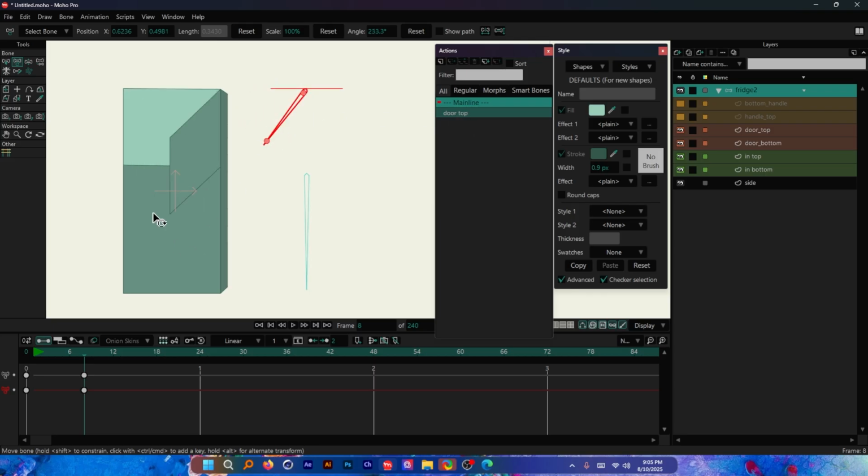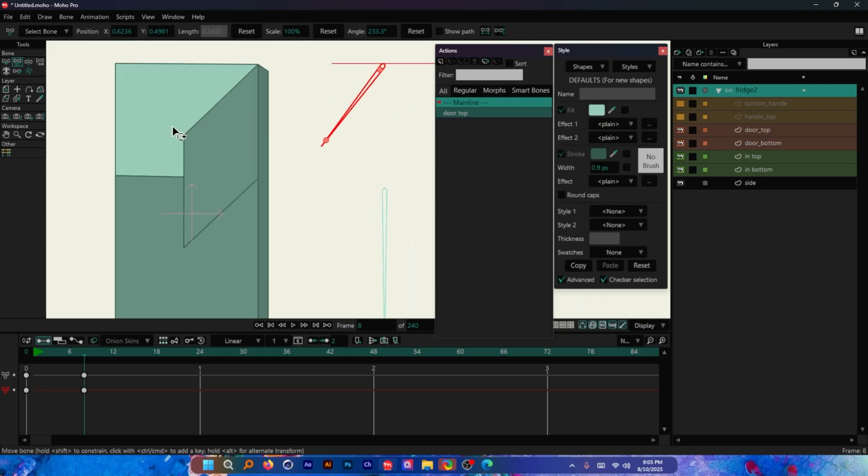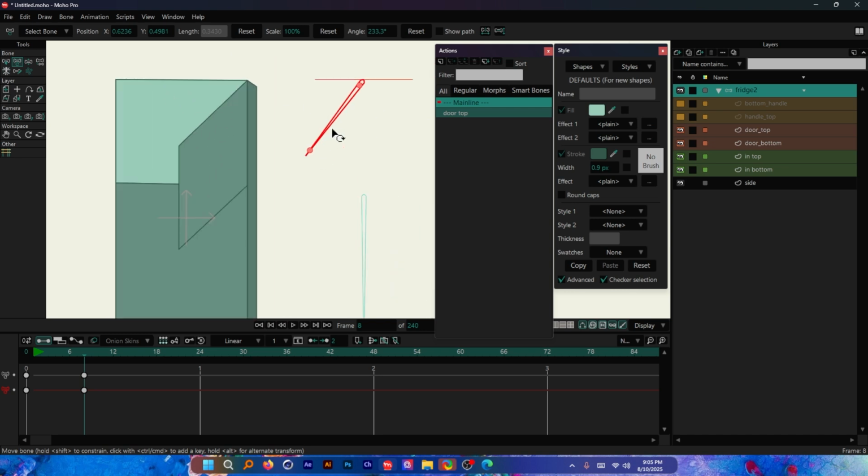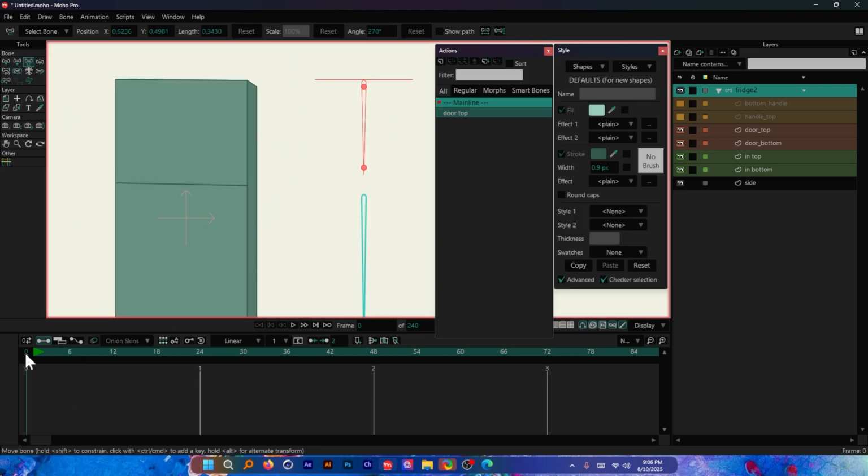I'm not going to do the bottom door because you will be able to do it once I fully do the top door. Now this top door doesn't look 3D. We have to add some depth to it, right? Sides, both the sides, a little bit of dimension, depth we have to add. Let's do it now. All you have to do is go to frame 0 because this is where